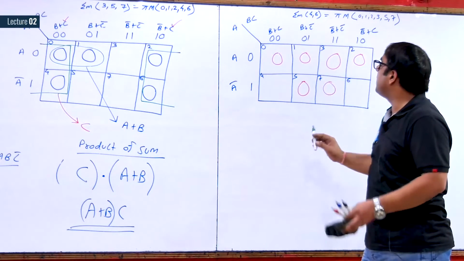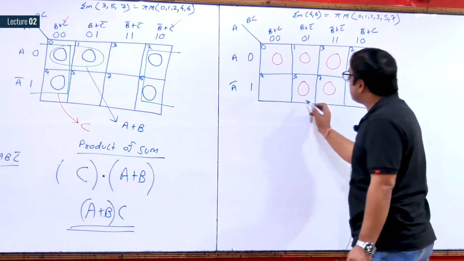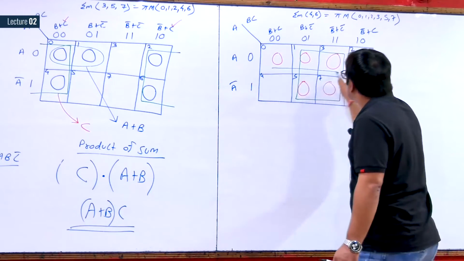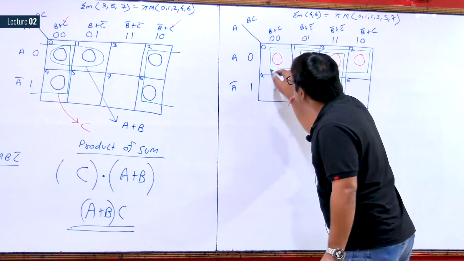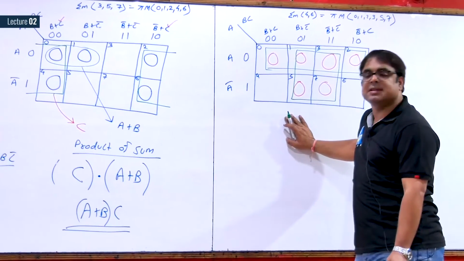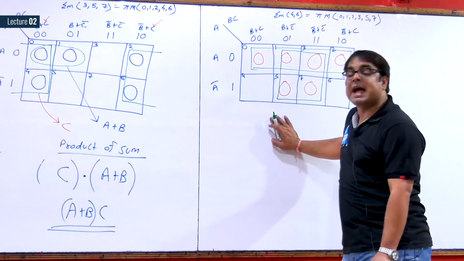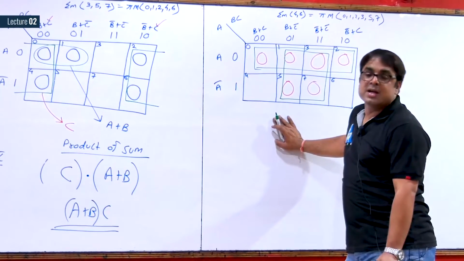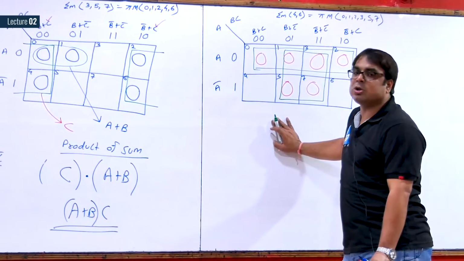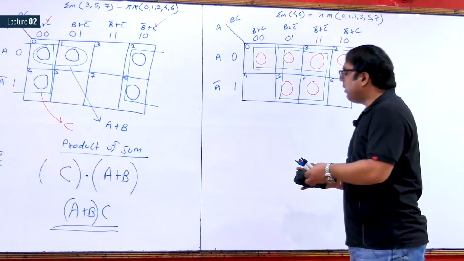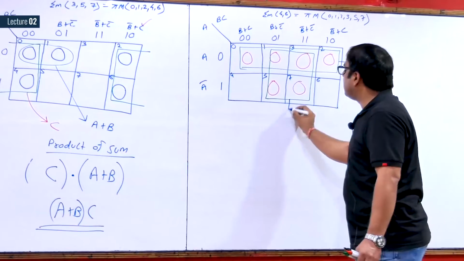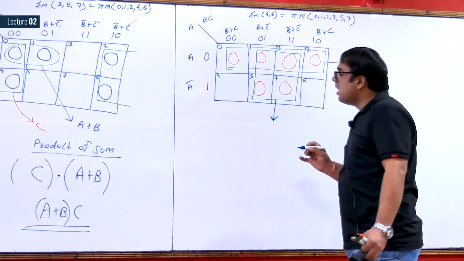Now you have to check what are the best possible groups. As discussed, horizontal line is possible, vertical line is possible, rectangle is possible, diagonals are not possible. Rectangles also of size 4 and 8 are possible, not of size 6. Now, how to write down the final answer? Now, there are two groups. This is the first group and this is the second group.